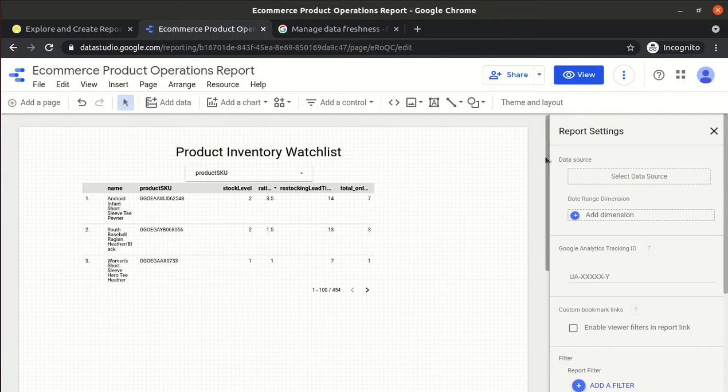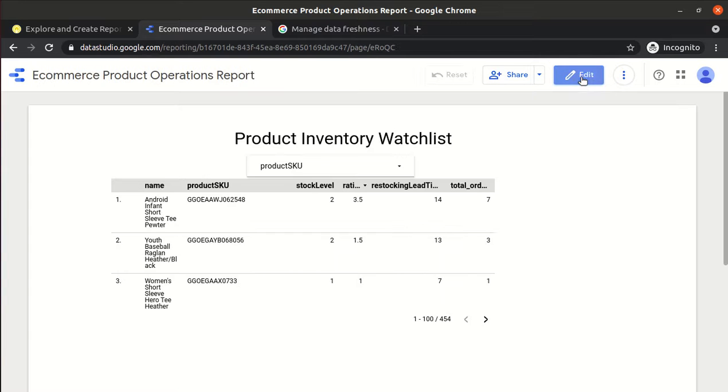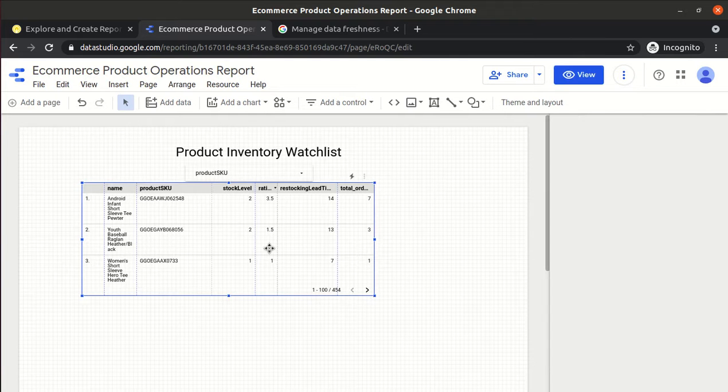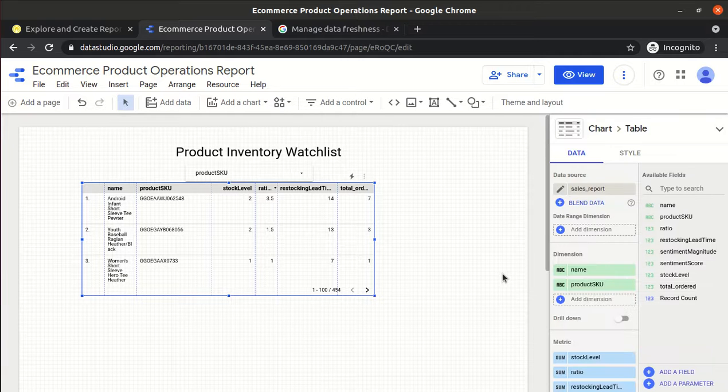Where will we see the lightning bolt? One minute, let me view this data. Not in the view. Where is the lightning bolt? How do I know whether it is served from the cache or not? Refresh data. Refresh data option we see.